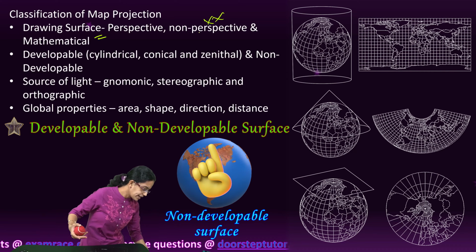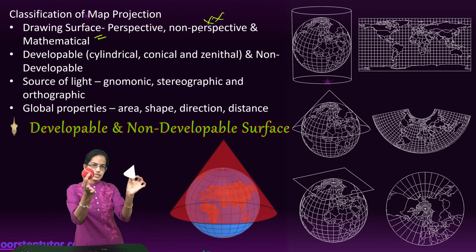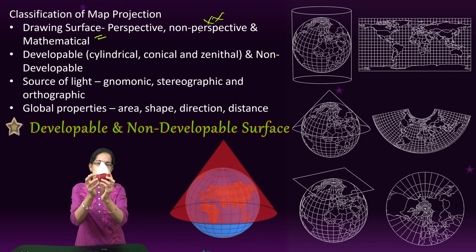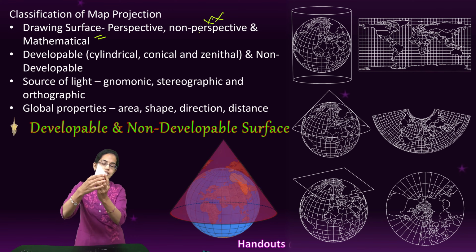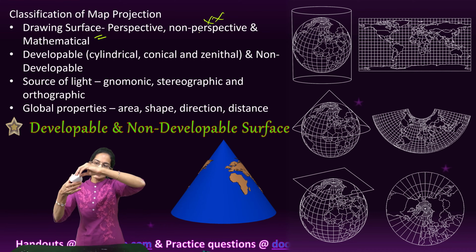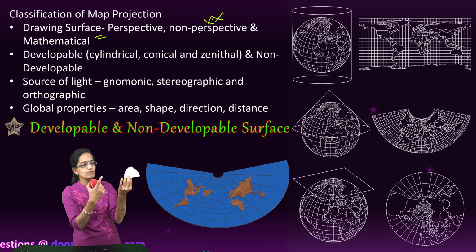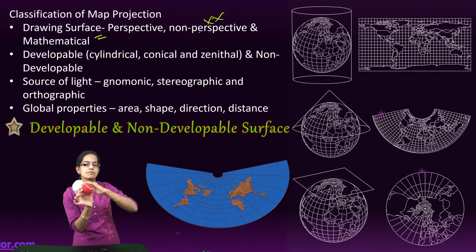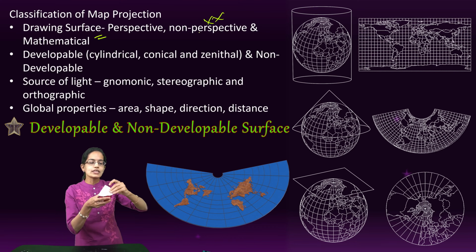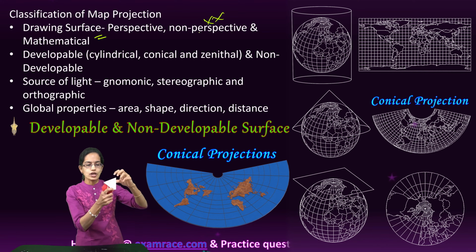Let's say I take a cone and I keep this cone on this earth. So consider this to be earth. Now I am keeping the cone here. When I try to represent the region covered by the cone on the sheet of paper, I'll simply open it up, and this would show the drawing of half of the earth. So I am representing, let's say, the north hemisphere or south hemisphere, whatever we are trying to take on the sheet of paper through a conical projection. So this is known as conical projection.